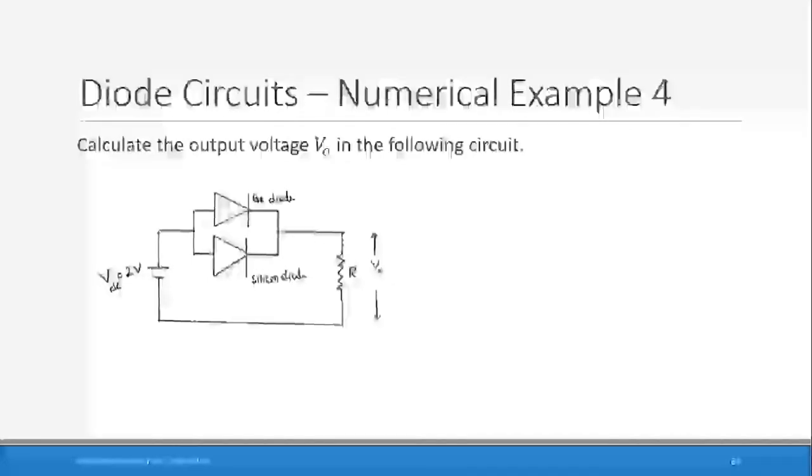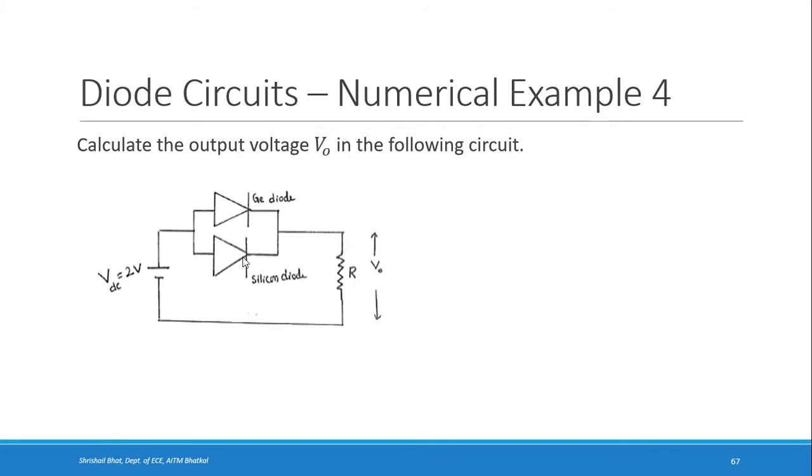Now, when the diode is given the forward voltage, what happens to the germanium diode? It will have a constant voltage drop of 0.3 volts across it, and it is conducting. It is conducting through this path. Once it has got a constant voltage drop of 0.3 volts, it will become constant. It will not go beyond that. That means the silicon diode has also got 0.3 volts across it because it is in parallel to this, right?